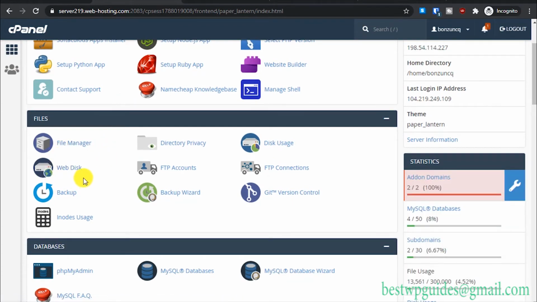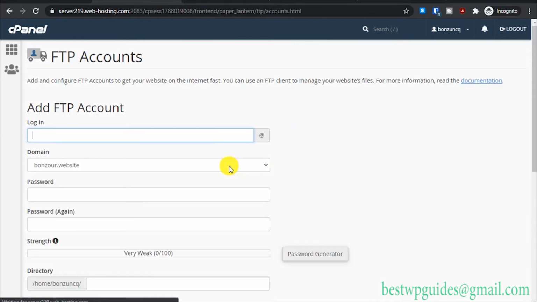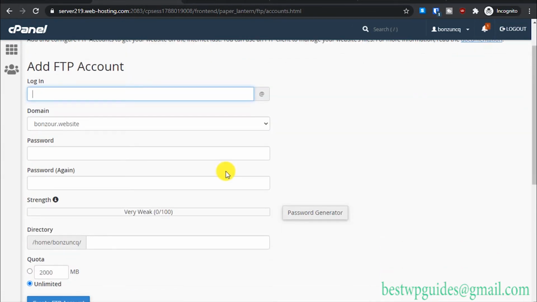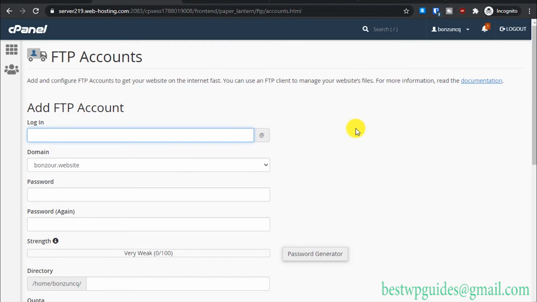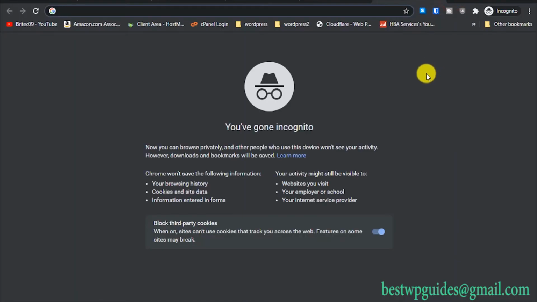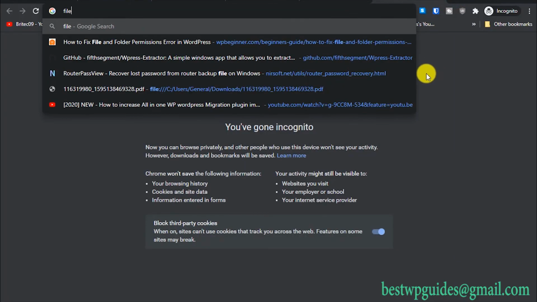Well, it's not really important and it's kind of advanced, so you won't really need it. And the important one is FTP accounts. FTP accounts are a really important feature, and please be careful, please pay attention to this part. So basically what happens is, to access all your files, instead of logging into cPanel, what you can do is use an FTP client like FileZilla. It's free. You just go to Google and search for FileZilla,